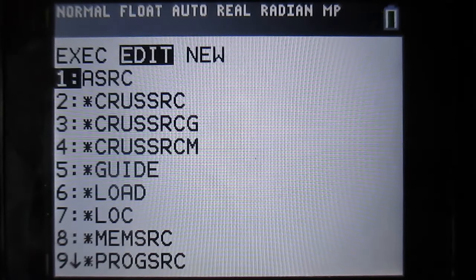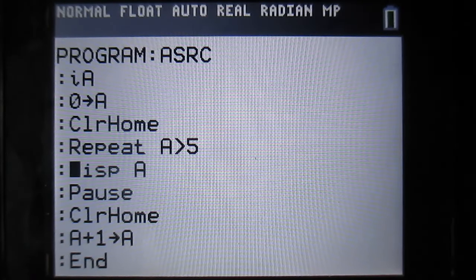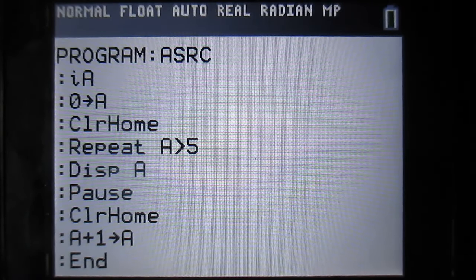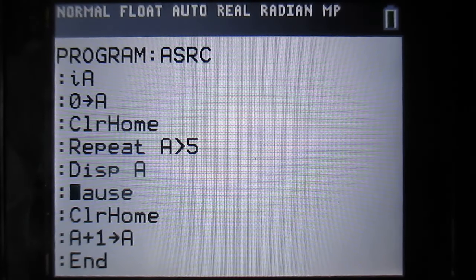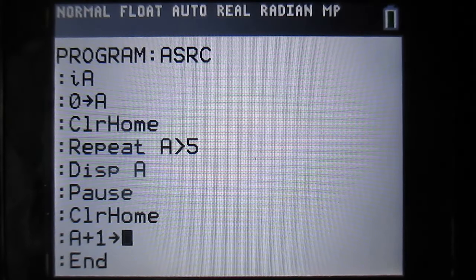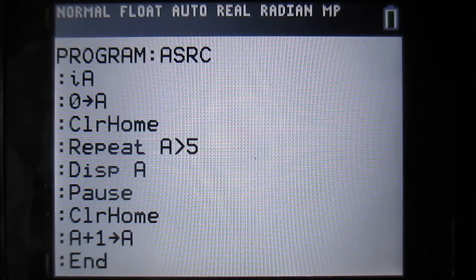So why did that happen? Well, A was continuously increased, and it kept looping through until A was 5. And then we got to this A plus 1. So we saw that A was 5, that was the display. And then A was increased by 1, and it became 6. Well, when we got to this repeat until a is greater than 5, so repeat until 6 is greater than 5,